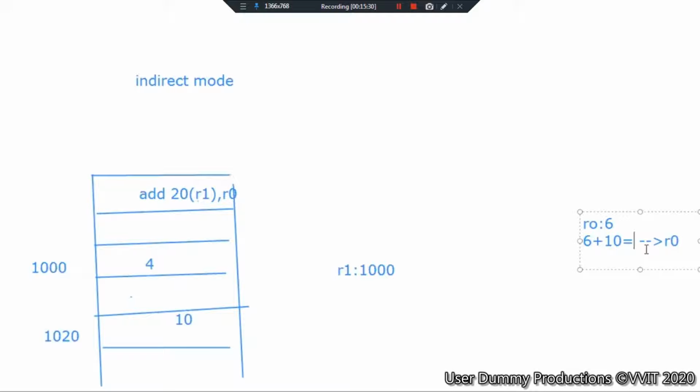So 6 plus 10 is 16, and that will be placed in R0. Got it? Yeah, ma'am. Now, can anybody explain this?